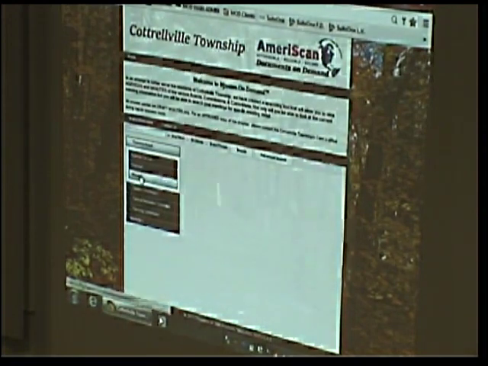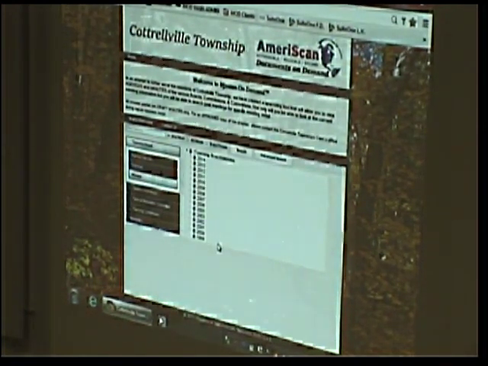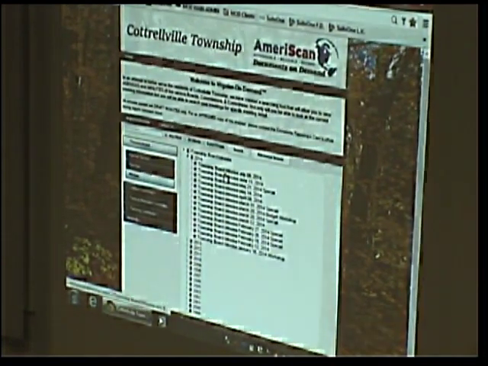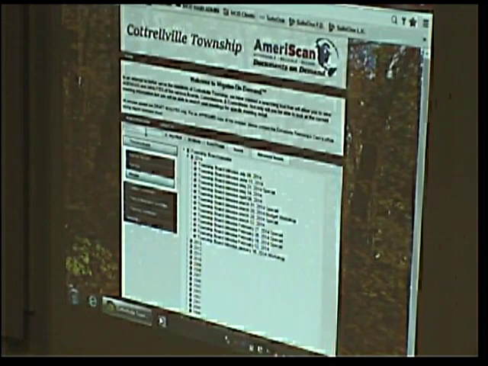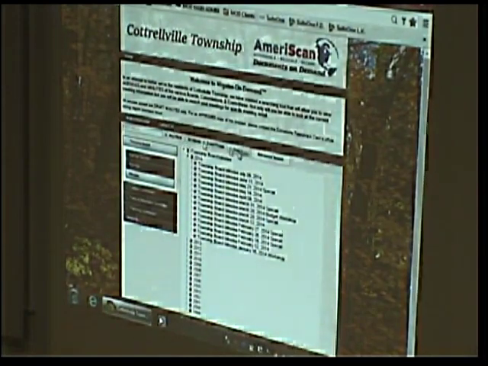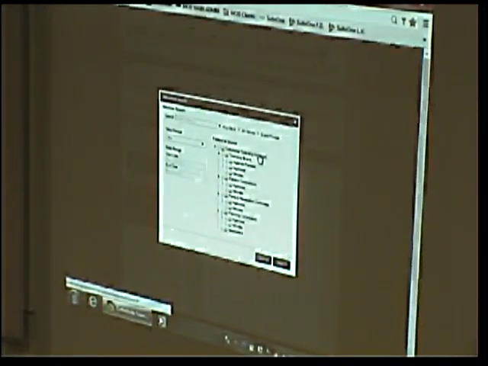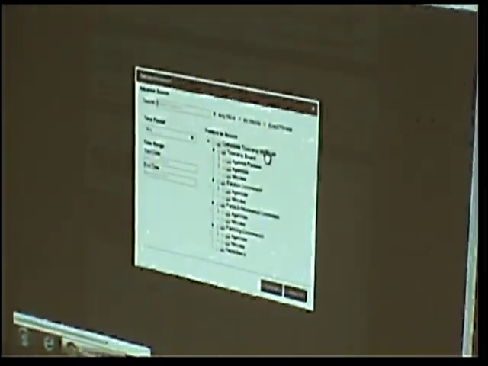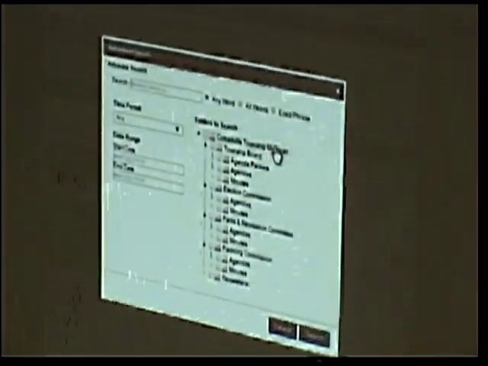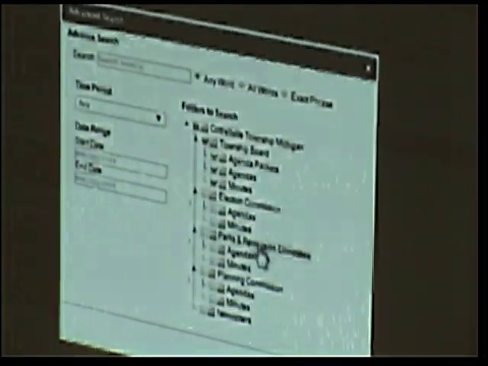So when we go in here, as I mentioned, Lori did some scanning and we uploaded it for this presentation today. So it's going to house all of your minutes. Now, your website can currently house minutes. What the difference is, it gives you the ability to search over all of these archives. So we can go up here into the search bar. I know it's a little hard to see here. Type in whatever we're looking for. Any single word, we can search by multiple words, by exact phrases. It has advanced search functionality, which means if you're looking for something just in the ordinance folder or just in the newsletter folder, you can narrow down your search criteria by selecting certain folders or subfolders.